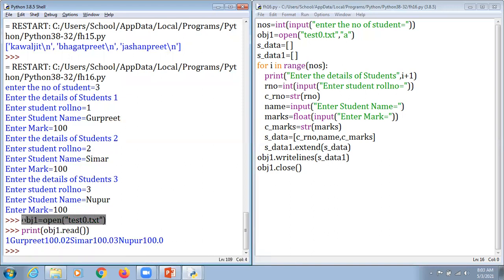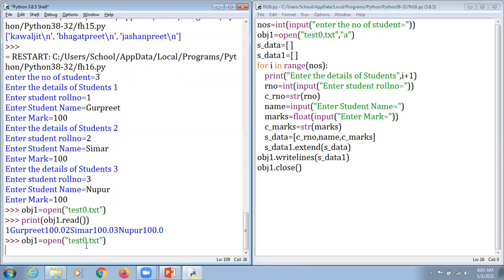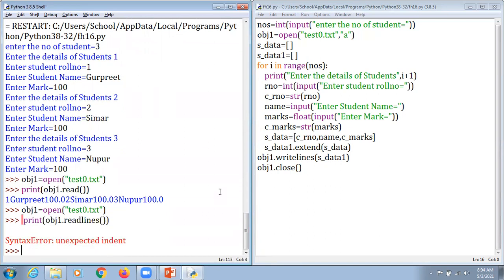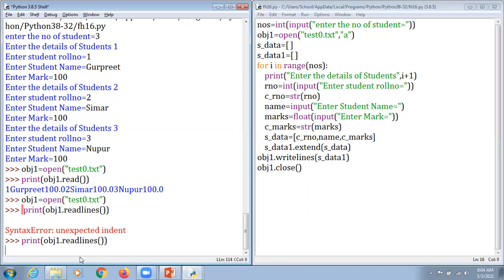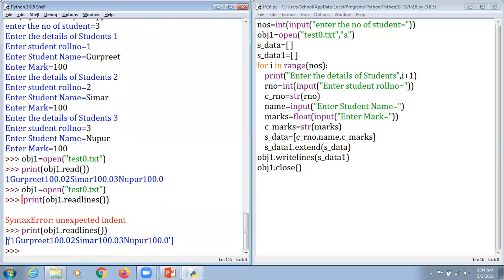And one more thing, if you want to view this in the form of a list here, then instead of using the read function, dear students, we are supposed to use the function readlines here. Tell me in the chat box which function it is, that is readlines here, and I am just going to hit it. Okay, no problem with that, because I had just inserted an extra space, I think, that's why it responded with an error. So this is the way we insert that information within a list with the help of writelines.